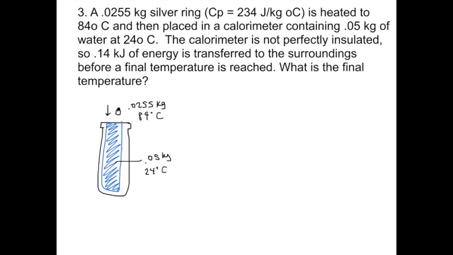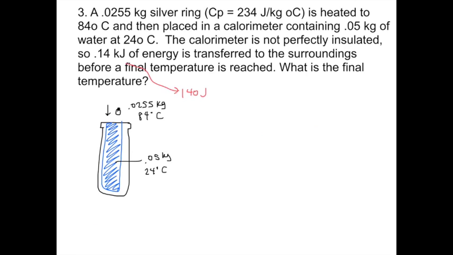Okay, so the very first thing to do would be to convert these units to joules, just to make sure that we don't make this mistake later on. So a kilojoule is 1,000 joules, so 0.14 kilojoules would be 140 joules. So in most situations involving calorimeters, we would know that the total energy is conserved, and that's how we would calculate the answers. However, in this case, they've told us specifically that total energy is not conserved because some energy